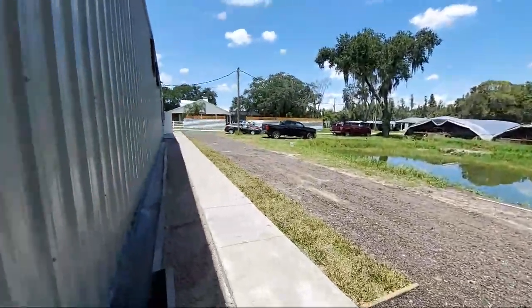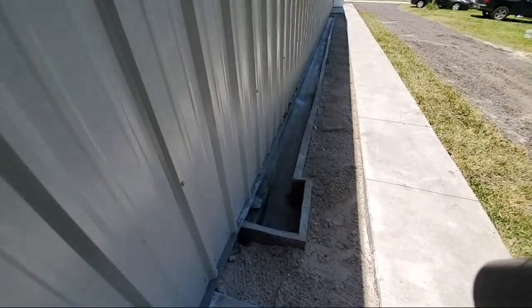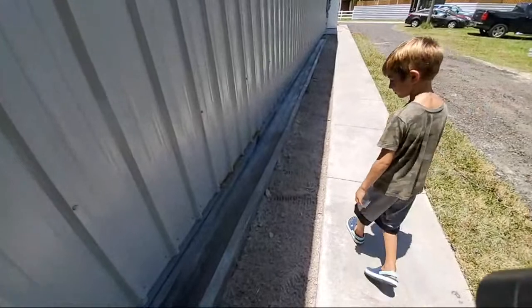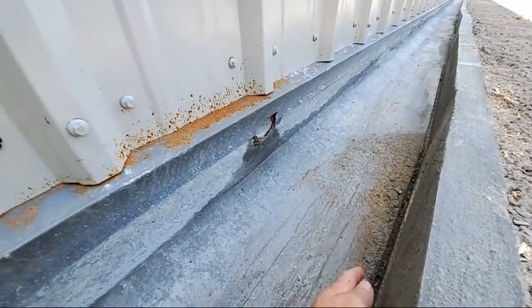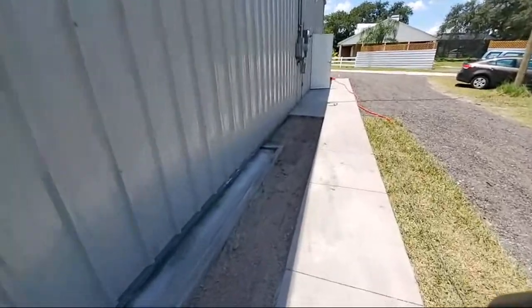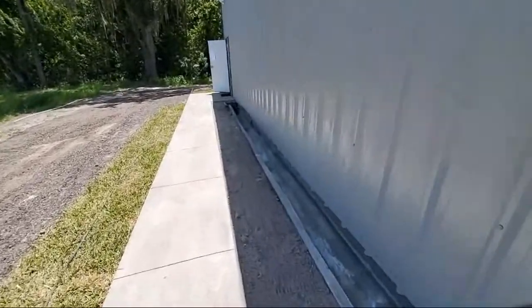So all the water is going to flow out the floor drains that are inside, and they're going to hit this little spillway concrete ditch that we built. And boy, I'm glad I don't do concrete work for a living. So it was quite the pour, because we had to frame out these walls, and then we're still going to have to come in and seal the inside where the form board was. It was a half inch piece of plywood. I'm going to have to get that off. Some rust on there from some metal shavings. But so all the water that comes out of the building will hit that spillway and drain down. It's all pitched this way, so it's all going to drain down here where there's a bigger pipe,